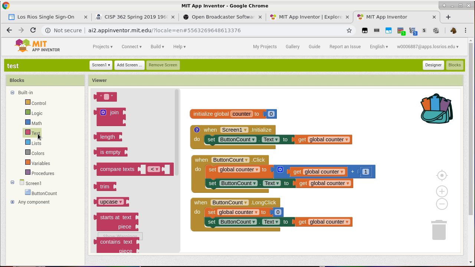Okay, so the minimum you need would be 2 things, which kind of makes sense. I mean, if you only have 1 string, why are you joining, right? So you can join 2 strings at a minimum, but if you want to join more, it's easy. You drag this block out, and then you click on the little gearbox thing, and then you can drag additional slots. So you can basically drag as many slots as you need, and you can concatenate many strings together, which